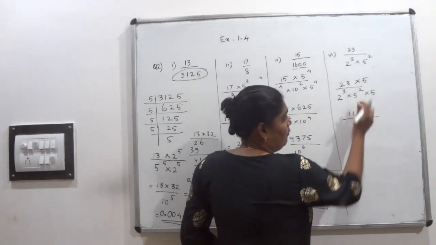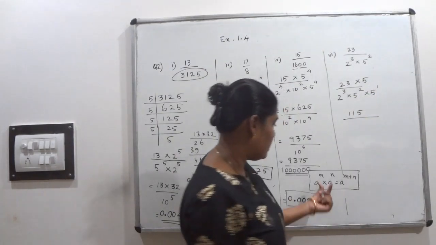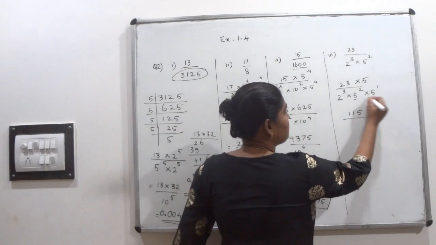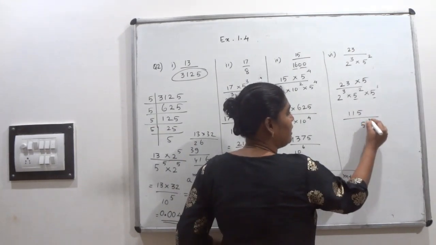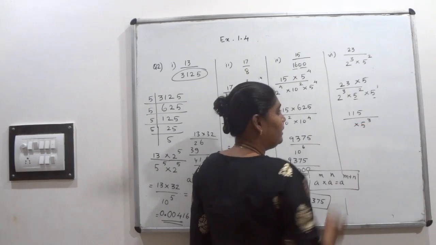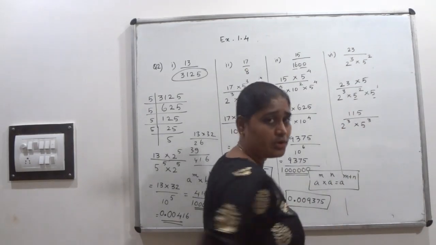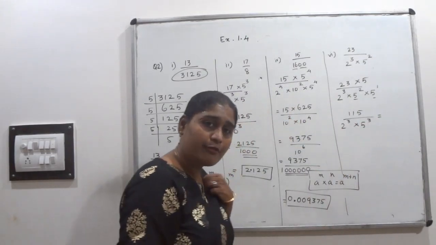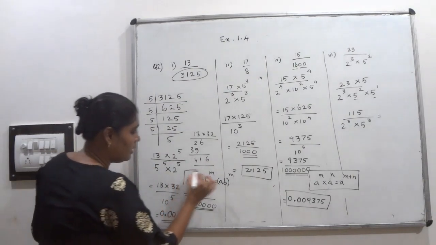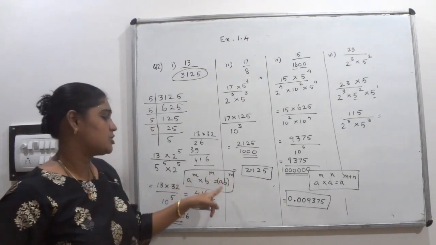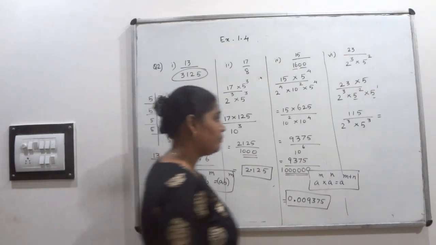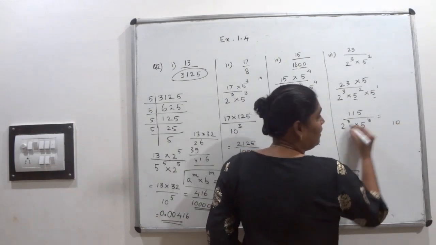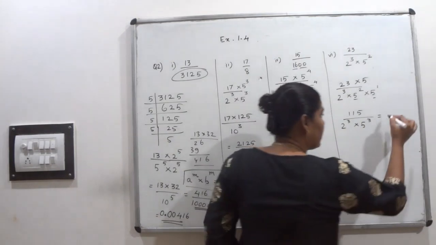See, this one, 5 power 2 into 5 power 1. That means the bases are same. They are in multiplication, then I have to add the powers, that is 5 power 3. Multiply 2 power 3, that is already given to you. Now you check, the powers are same but the bases are different. So you know that identity already: a power m into b power m, which is equal to ab whole to the power m. When the powers are common, I have to multiply the bases, that is 5 into 2, what is it? 10. Power is common, so 10 power 3 I have written.